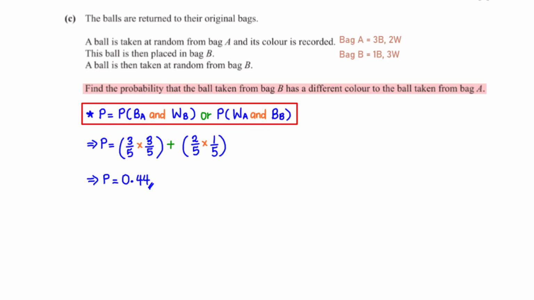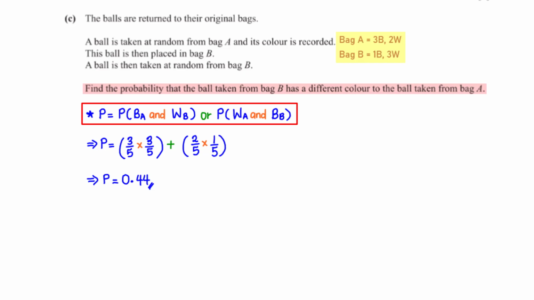In the first scenario, a black ball is taken from bag A and dropped in bag B, and a white ball is now taken from bag B. In the second scenario, a white ball is taken from bag A and dropped in bag B, and a black ball is now taken from bag B. Let's keep in mind that bag A contains 3 black and 2 white balls, and bag B contains 1 black